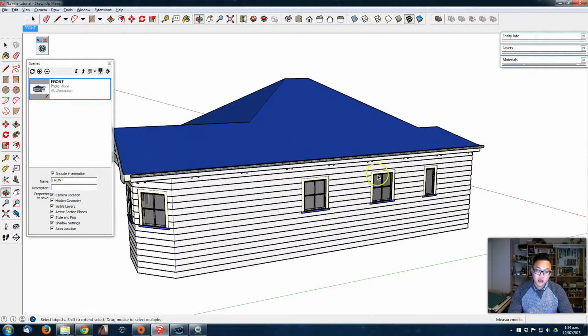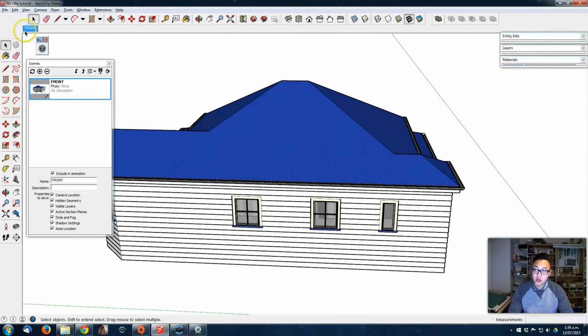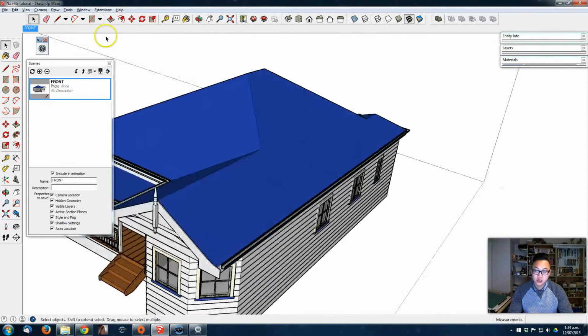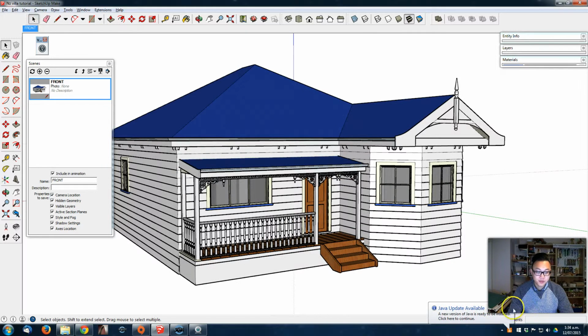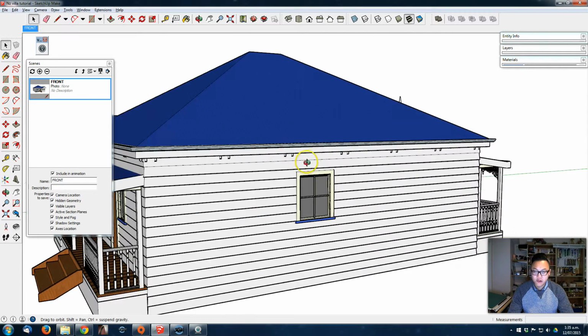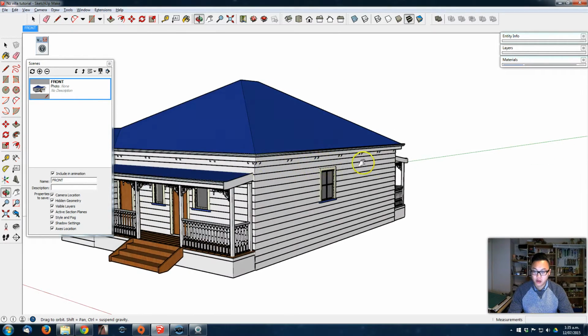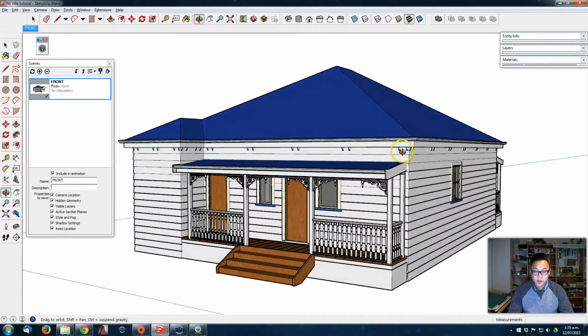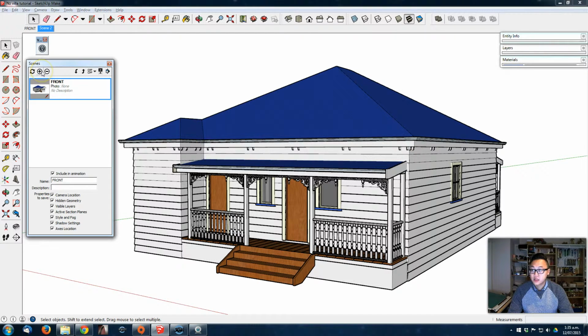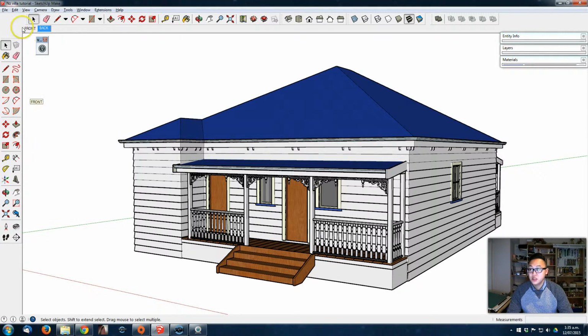So as you move your model, if you click on the front scene, it will just switch back to this view. So you can create as many views as you want. So I'm going to make another one for the back. Plus, rename it as back. Okay, so now that we have our scenes,